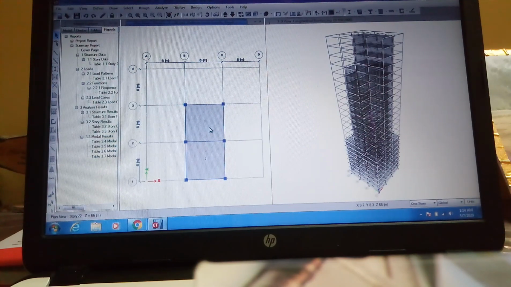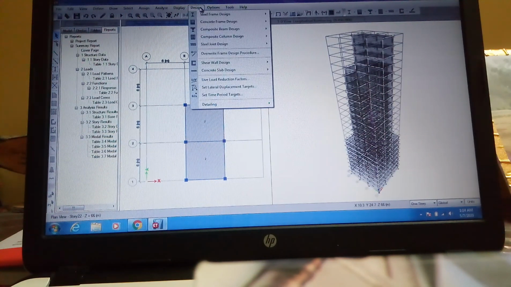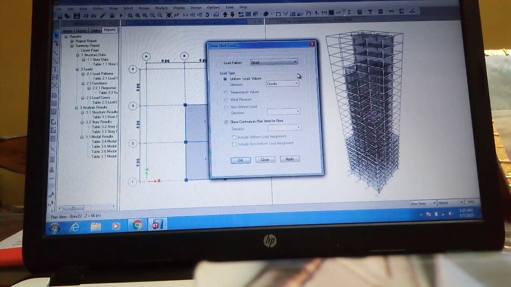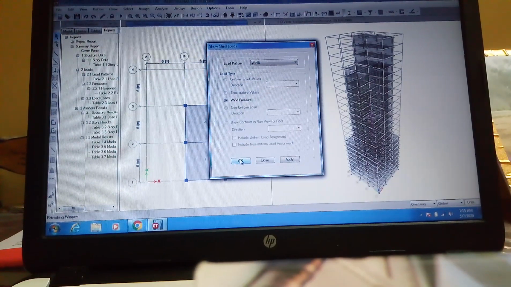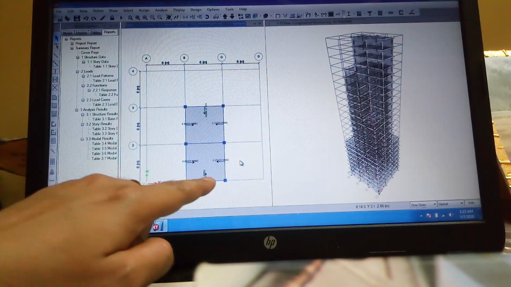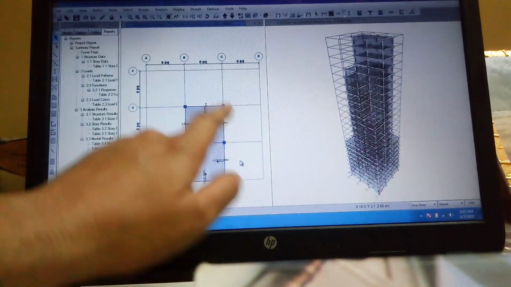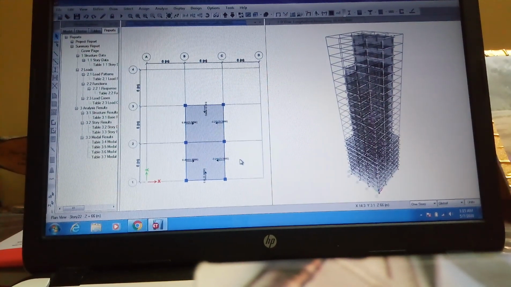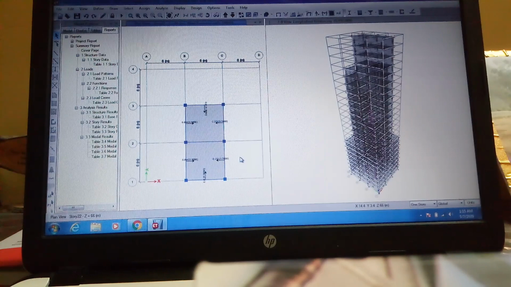Now we want to see wind load here. Similarly, we will go display load assigns, shell and wind loads. Now we will select wind load and we will select OK. Wind load will be only on the outer walls of the building. So here are the outer walls 1, 2, 3, 4, 5, 6 and every wall has its wind load. This is how I designed the whole. Let me check now, is it correct or not.